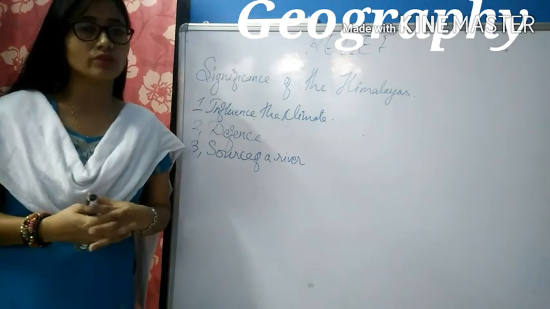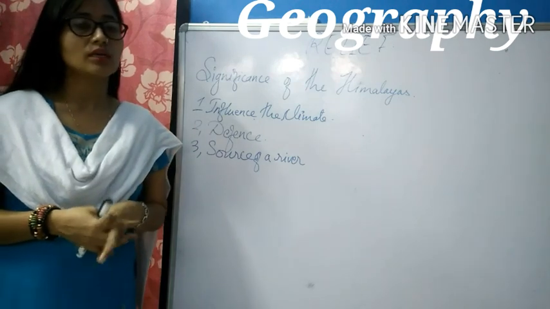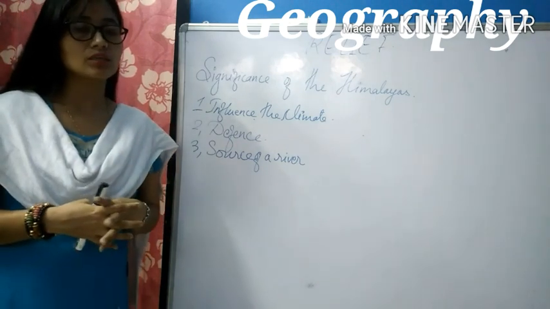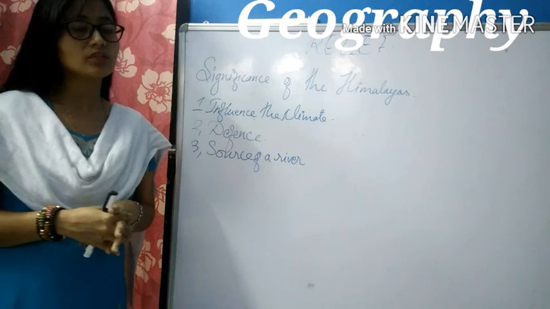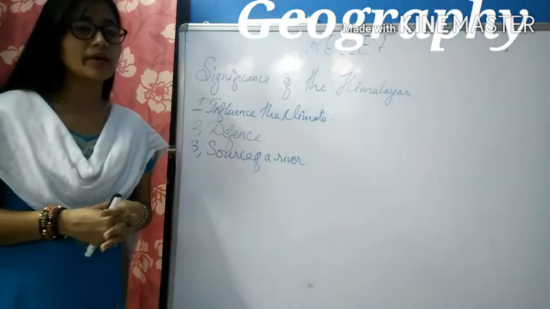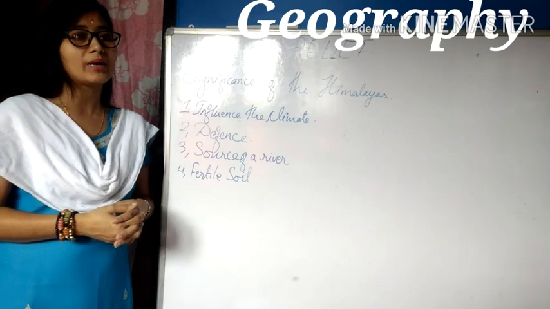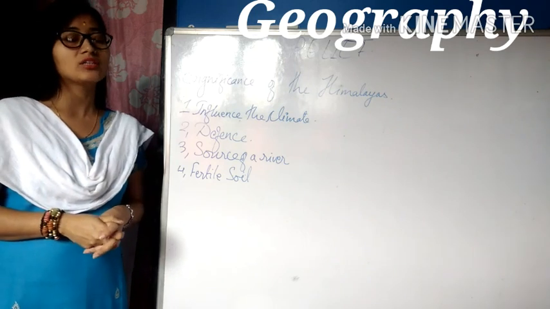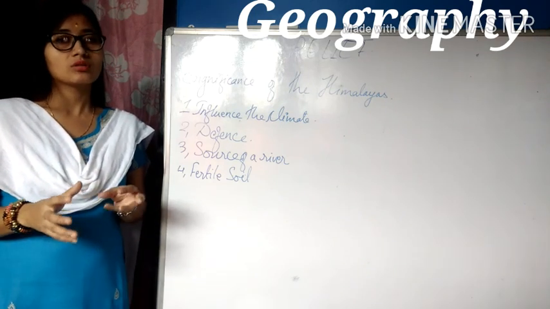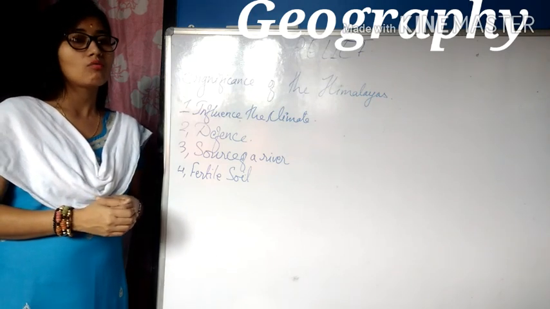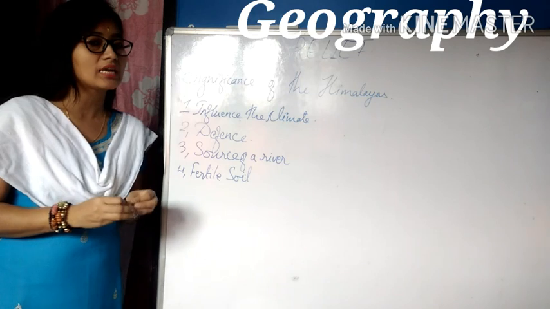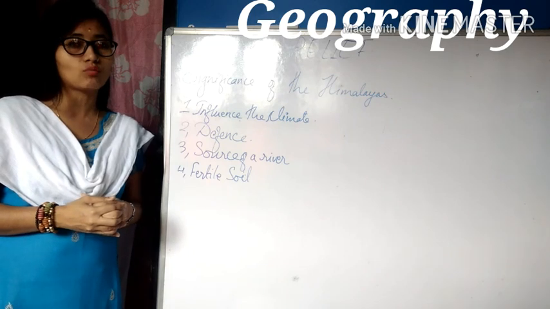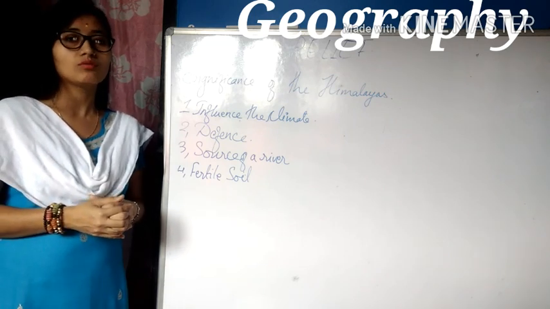Almost all the great rivers of India have their source in the Himalayan ranges. During the summer season, snow melts and provides water to the great rivers of India and makes them perennial rivers. The fourth significance of the Himalayas is that it provides India with a huge amount of fertile soil. The great rivers of India and their tributaries carry enormous quantities of alluvial soil while descending from the Himalayas. This alluvial soil is deposited in the northern plain of India, making it one of the most fertile regions of the world.